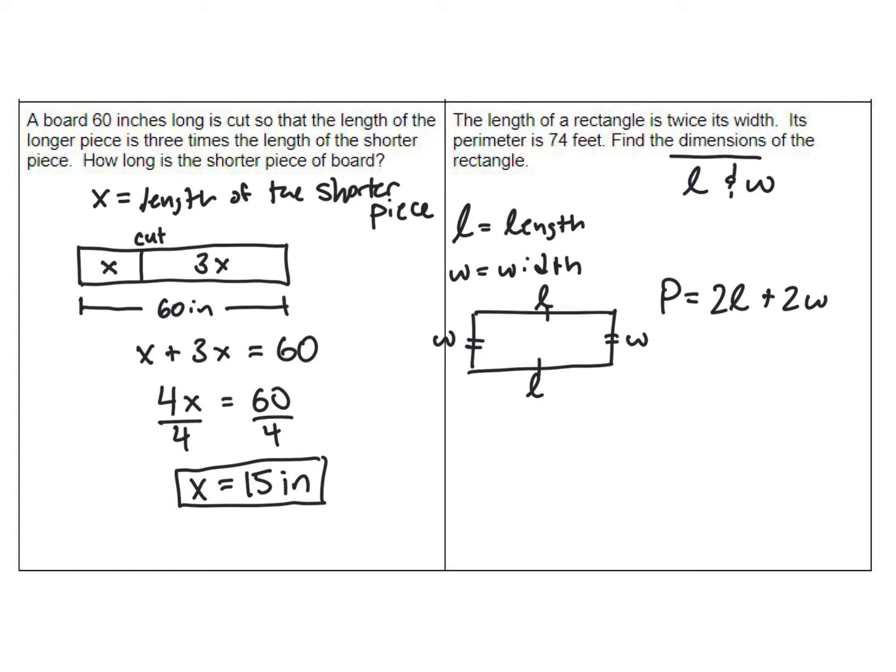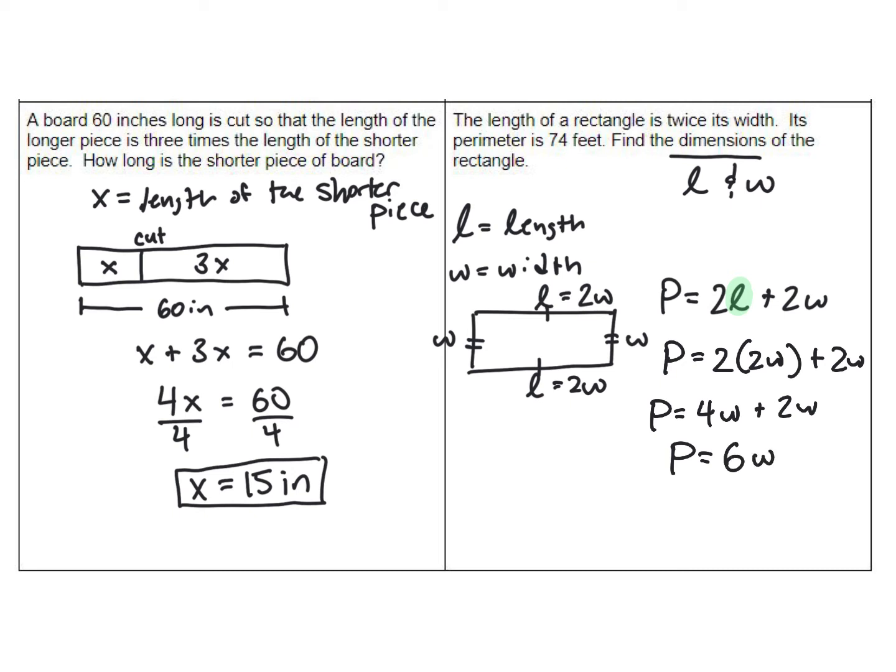If the length is twice the width, instead of writing L, I can write it as 2W. Whatever the width is, if I multiply it by 2, that would give me the length. So that means instead of using L in this formula, I can replace L with 2W. So it'd be 2 times 2W plus 2W. Now simplifying that, I would have 4W plus 2W. Again, I multiplied the 2 and the 2, which means my perimeter can be found by taking 6W, so 6